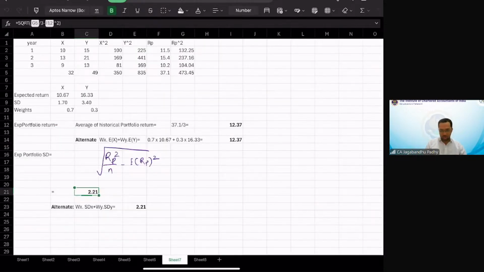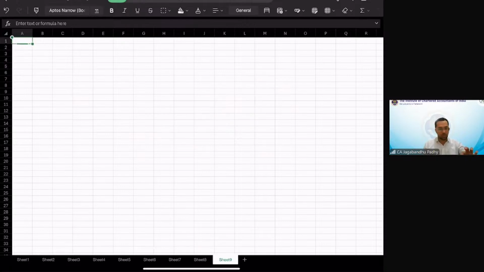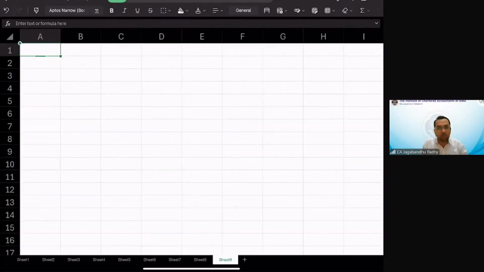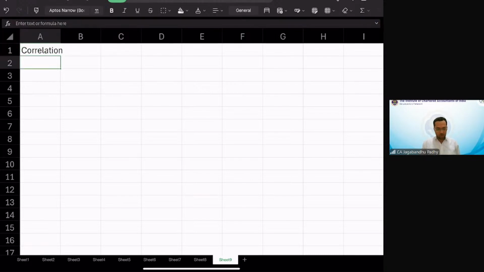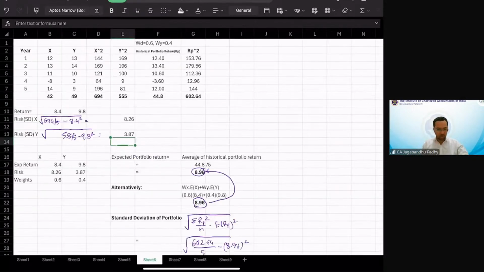Now, to understand how correlation plays a role, we need to first understand how to compute the correlation. Do we remember correlation from our CA Foundation days, or maybe from your 11th and 12th standard days? Let me recollect and tell you what correlation is and how we really compute it. So let me calculate the correlation